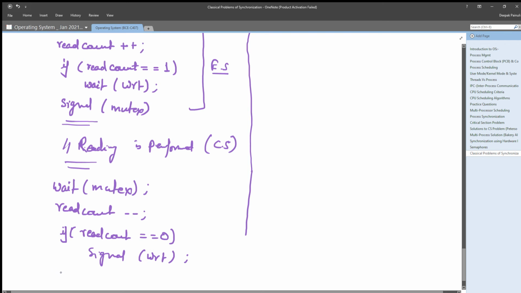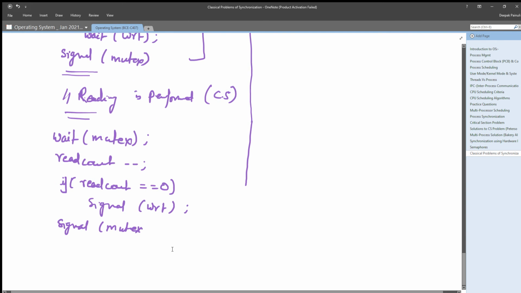And after that only it will signal mutex, and then start looping, right?